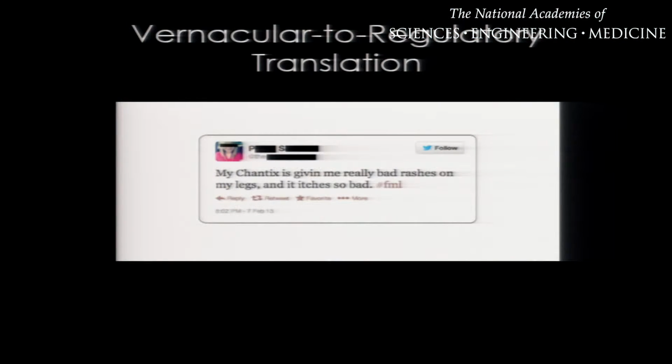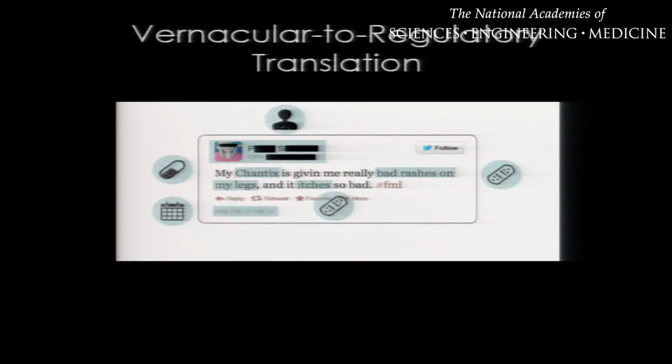So that's really been the focus of our work, working closely with the FDA, thinking about how to take what people say online about the products they're using and translate it into something that makes sense from a regulatory perspective. So even something as small as a tweet can have the elements that might resemble an adverse event: the drug, the outcome, the date, the reporter, all the elements that, if we can harness that information in aggregate, can be extraordinarily useful.